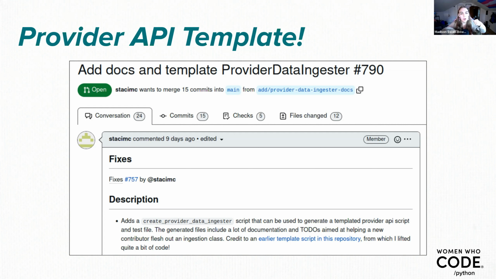If you are interested in playing around with APIs, this is a great way to get started, because building a provider ingestion script is like figuring out how to consume an API and then spit it out in the format that we use for our data. And this template is super helpful. One of our team members who doesn't do work on Python very much was able to use this template and create a new provider script for us, which was really cool.